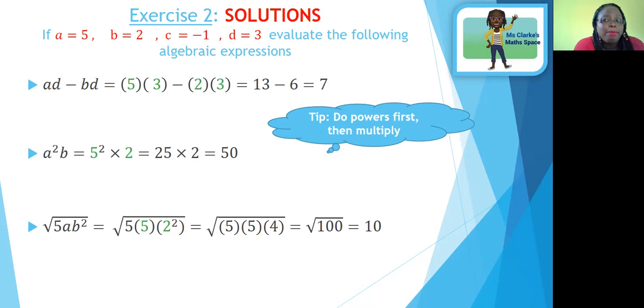We know that AD means A multiplied by D, and BD means B multiplied by D. The value for A is 5, the value for B is 2, the value for C is -1, the value for D is 3. So we're going to substitute them where we see the corresponding letters. So AD would be A multiplied by D, which is 5 multiplied by 3. Then we're taking away BD, which is 2 multiplied by 3. We work it out,